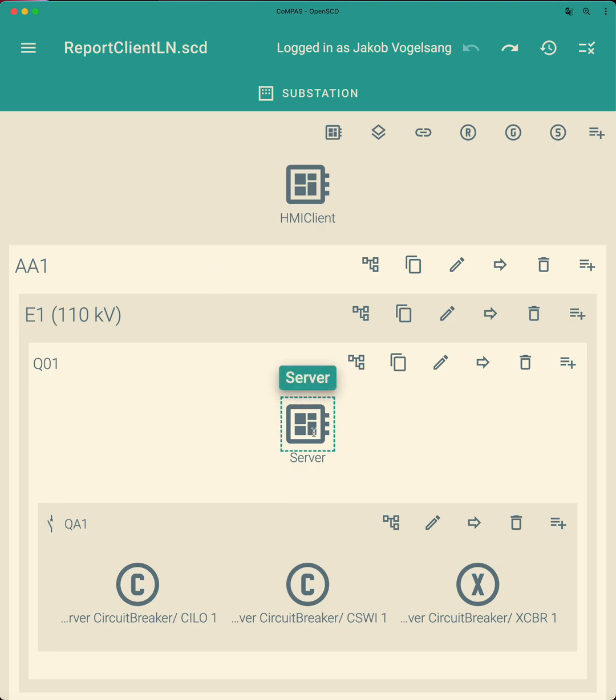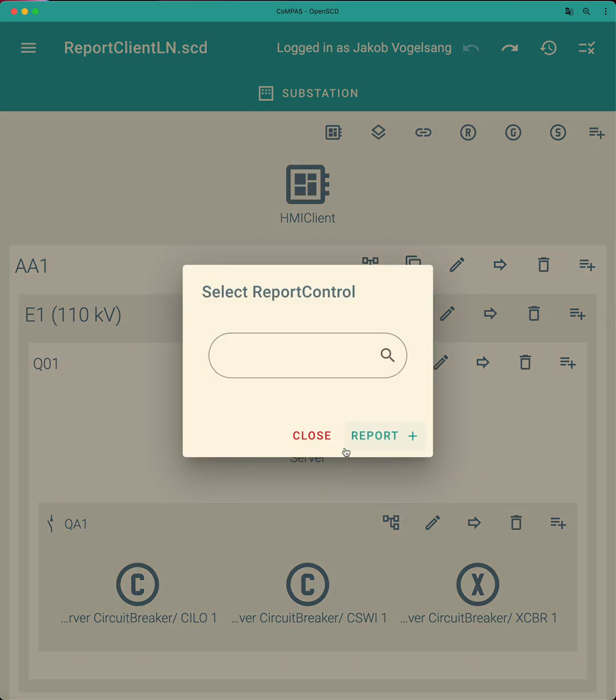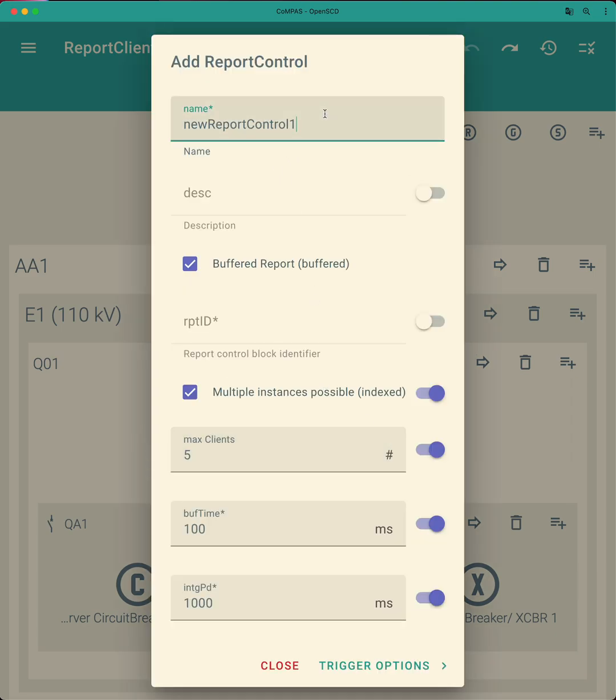First of all, we have to create a report control log. For that, you can click on the IED you want to add the report control log to, and then click on R, where you can see and list all report control logs. Here we don't have a report control log yet. By clicking on Add Report, a wizard opens that guides you through the process,